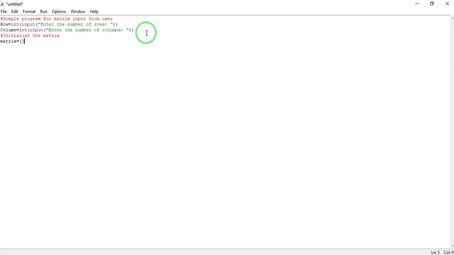So this matrix will be generated based on the number of rows and number of columns, and now we will take the entries from the user. So print, we will tell the user to enter the entries: enter the entries of the matrix.